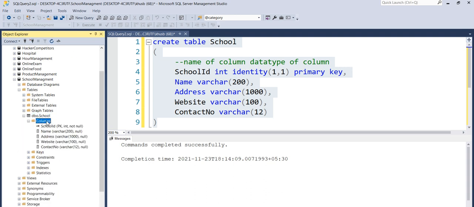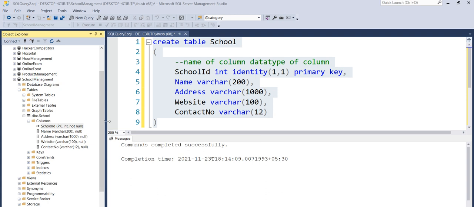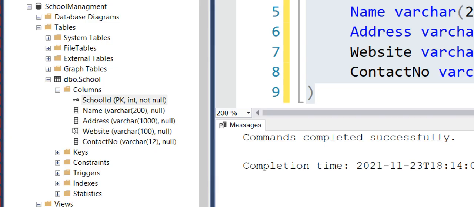When you expand the columns section, you can clearly see this school ID has a unique key icon, let's use the magnifier. Okay, so here you can see that school ID has a key icon, which indicates that it is a primary key, and we also have PK, short for primary key.